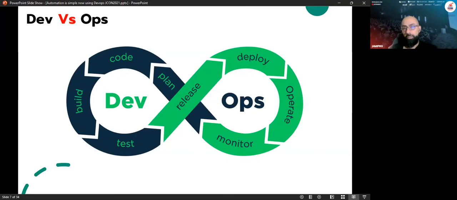And for the monitor, operation and deployment, there is also a new concept that has been released, which is SRE, which is actually more related to the infrastructure side. For the development side, you are talking about coding, building this code and testing this code, and both actually intersect with the release and planning. So with the release, there's no need for both teams to do manual jobs. Technically, they will just automate everything and deploy everything automatically.